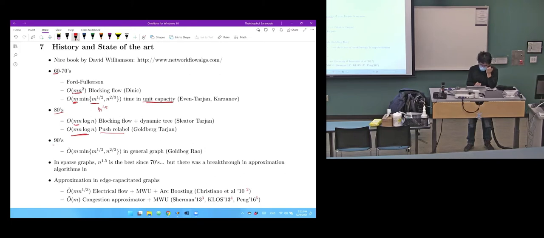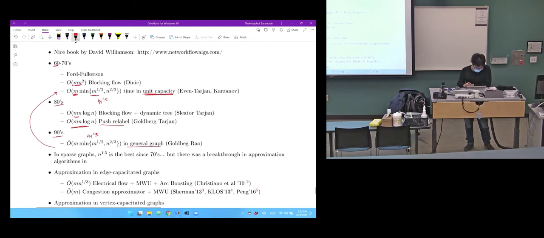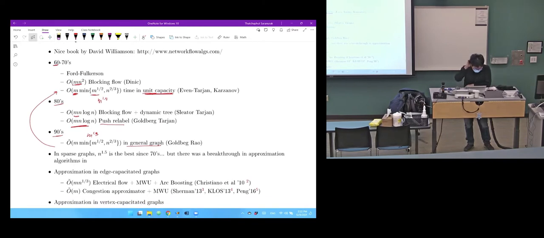And but then in the 90s, only then people could manage to get m to the 1.5 for general graphs. But m to the 1.5 was there from the 70s if you just look at unit capacity graphs. Yeah, and then